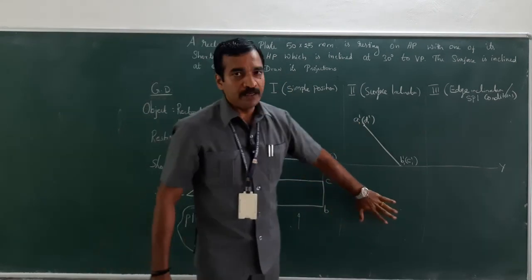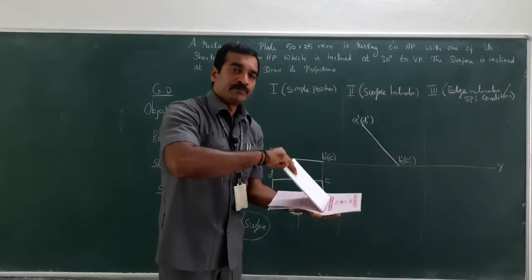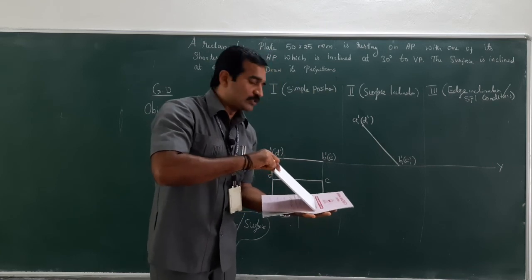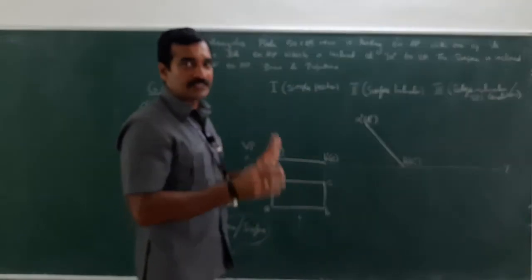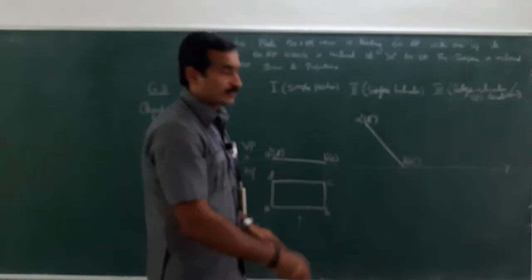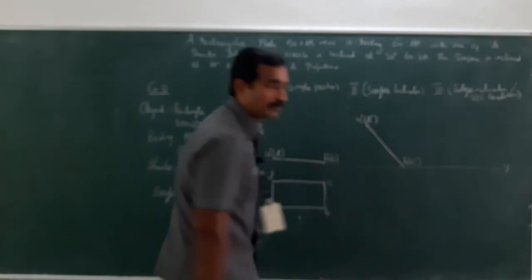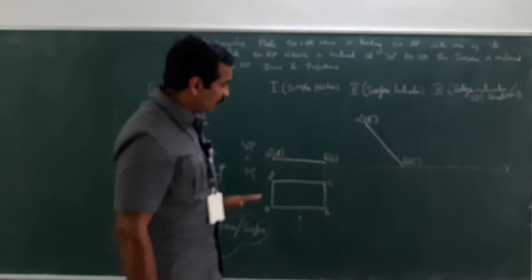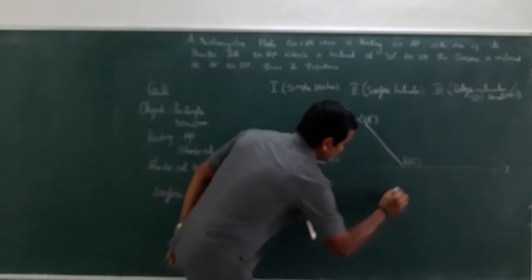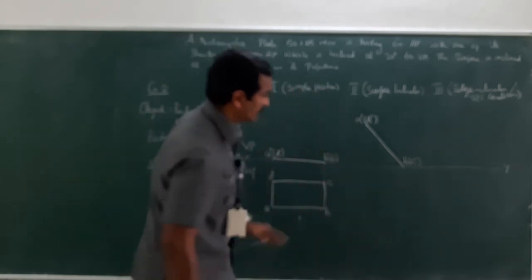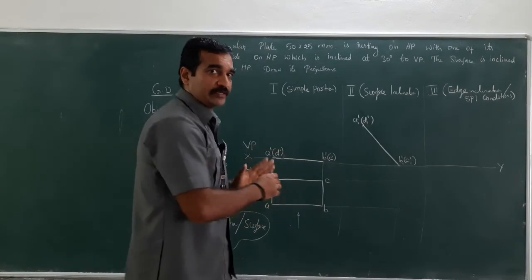Then, what about the top view of this? When the object is tilted in this position, and I am observing it from the top, I could see a squeezed shape of the rectangular plate. How can that be obtained? It's a very simple method. You have to just project all the lines vertically downwards from the front view, a thin line, extend it. Now, from the top view, project horizontally. Now do the mapping or graphing work here.